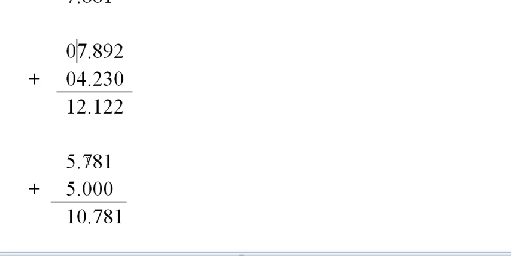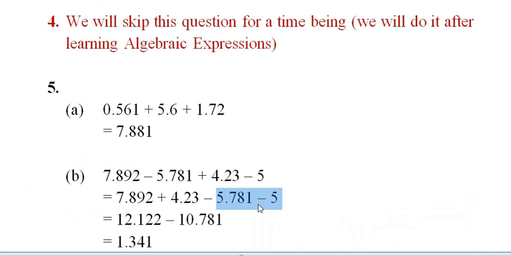Now the total of these negative numbers. So 5.781 plus 5, here it's only 5. So what you can do is put a decimal point out here, and after the decimal point you can put 3 zeros, so it will be very easy and convenient for you to do addition. So it will be 1, 8, 7, 5 plus 5, 10, so 10.781. So here you can see we can do all this kind of rough work out here.